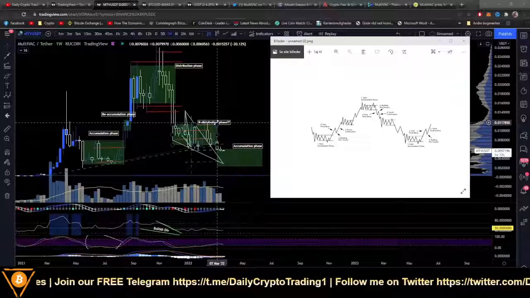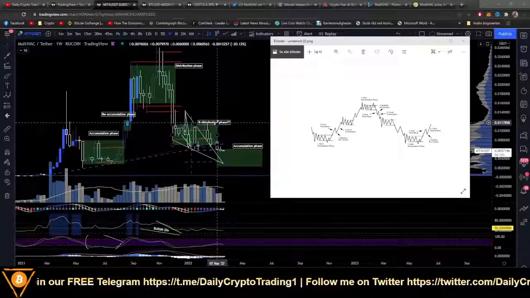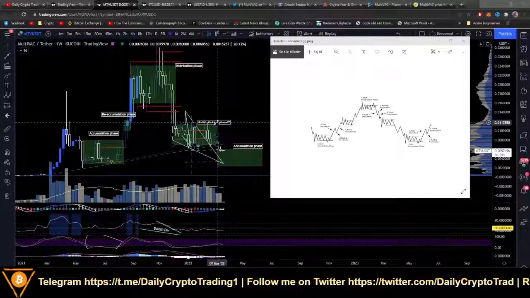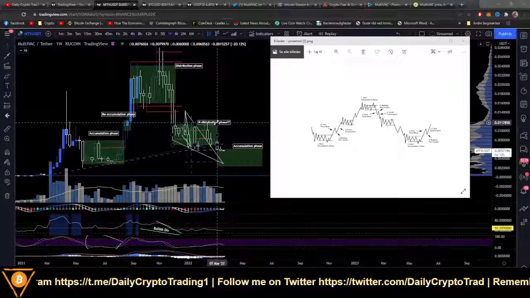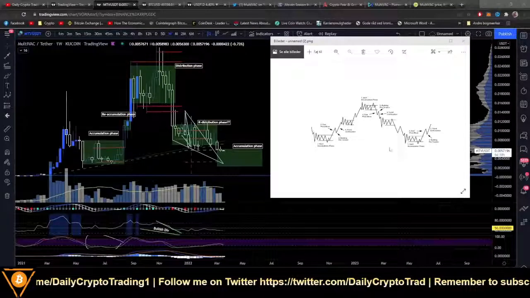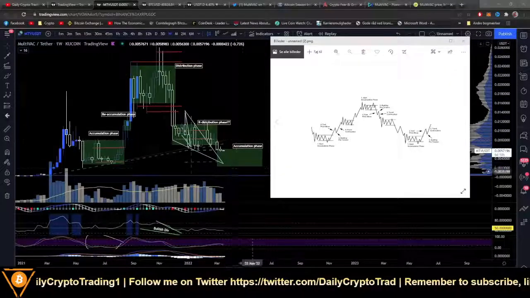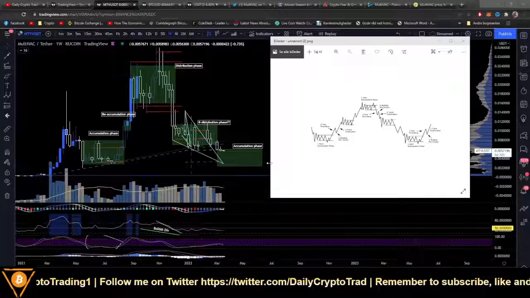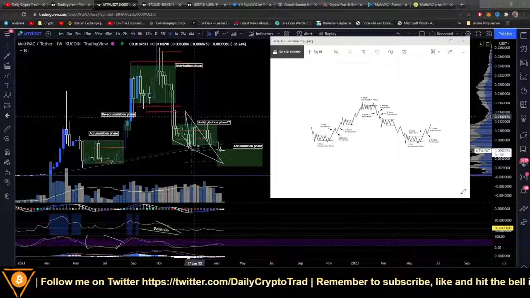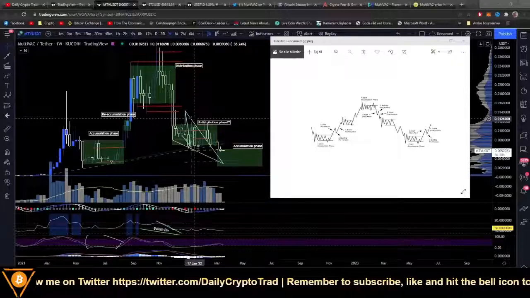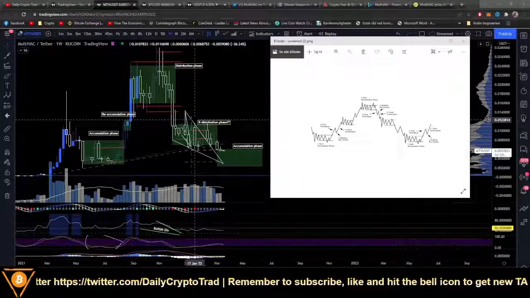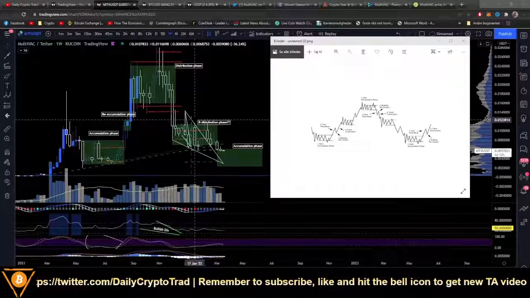And this is very normal market psychology, all right? When people lose the value of their money, they get very frustrated and they get very angry. I will be talking about that later on. But if we just focus, the schematic is perfectly playing out. We are in the last phase, in my opinion, and that is the accumulation phase. And the accumulation area is at 0.005 and 0.003. It can go below 0.003 in my opinion. But that is where my buy zone will be.